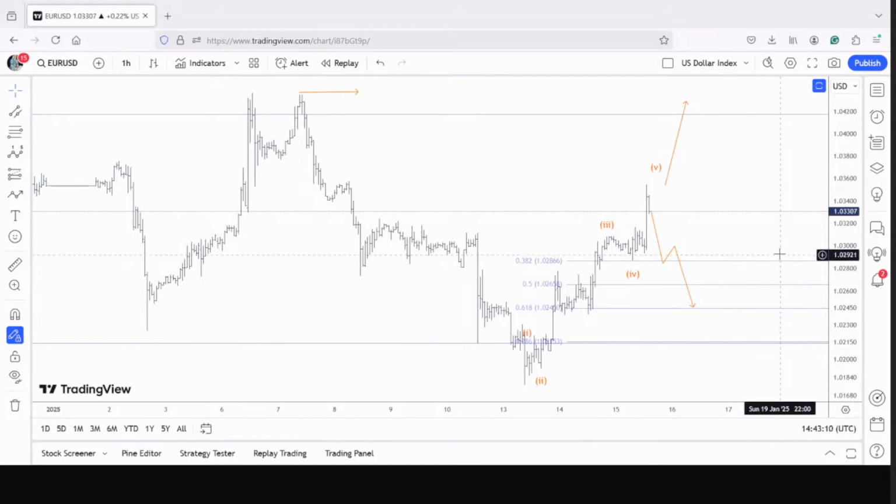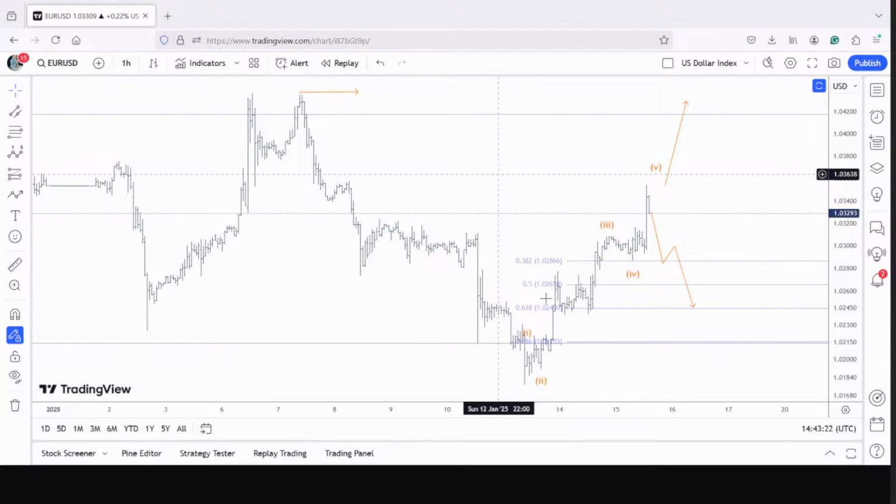For those who have not been able to catch the train, don't worry, please. This is just the beginning. We are just underway to print the first larger degree wave count. These are the smaller degree wave counts. Once we have minute wave 1, there's going to be minute wave 2. So nothing is going to be left out.